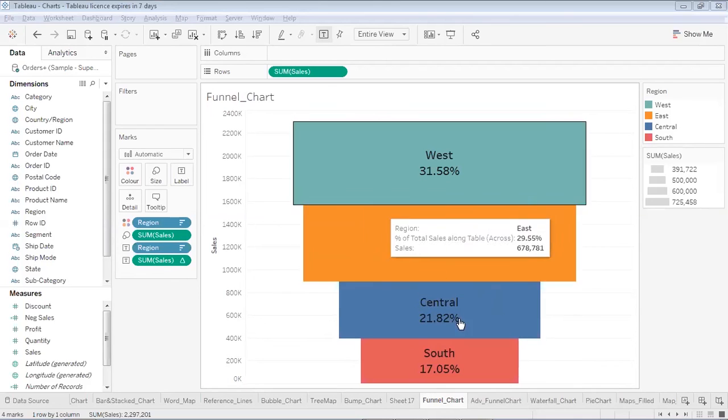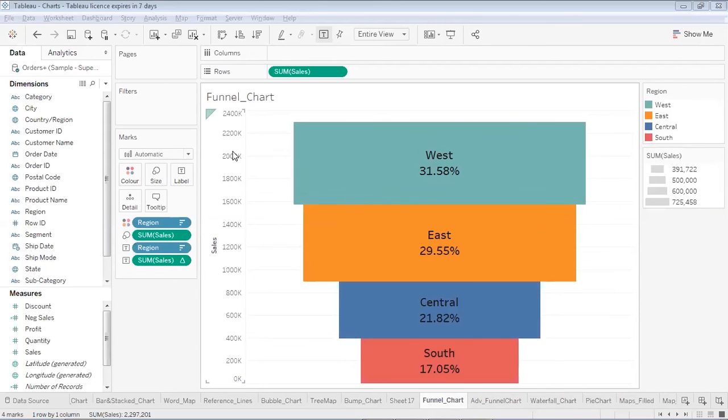So this way, a funnel chart helps you represent the sales or any continuous variable over different categories or different classes of a dimension. In layman language, I can use a funnel chart to represent my sales at different segments of product. So I'll remove this and I'll tell you from scratch how to create a funnel chart. By the way, using a funnel chart in your dashboard makes it quite attractive, because very few people know how to create a funnel chart out of a Tableau workbook.